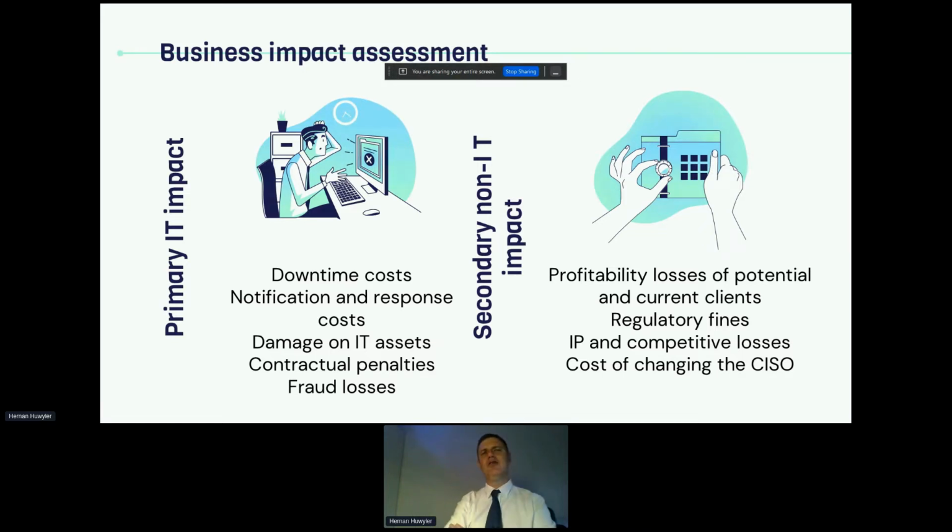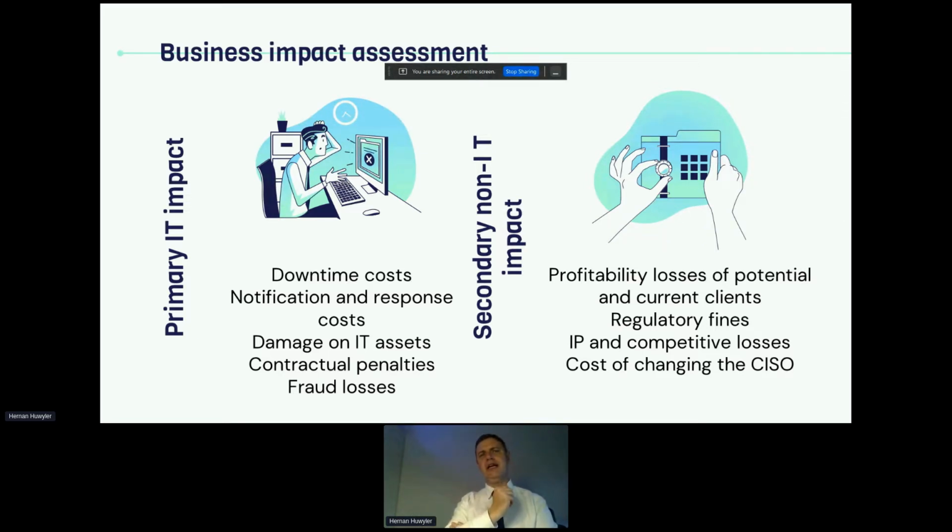We can tell how much is the notification and response cost if there is a data breach, for instance, where we need to notify different parties. We can tell how much is the cost of our assets, how much it will take, for instance, to replace a piece of software or hardware that is damaged because of an attack or a natural hazard like fire.